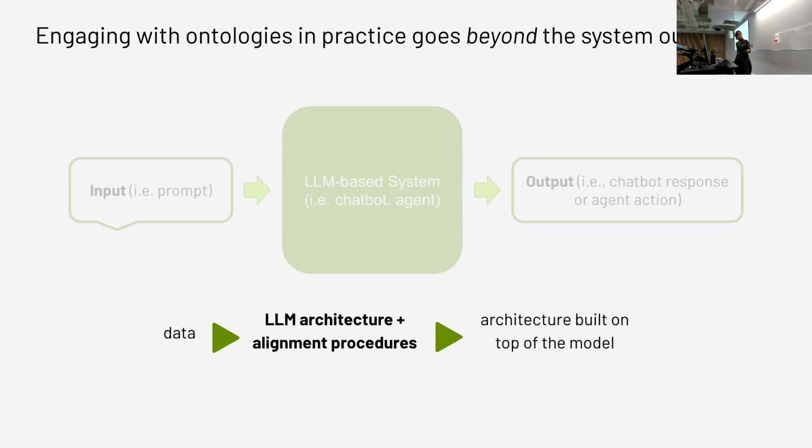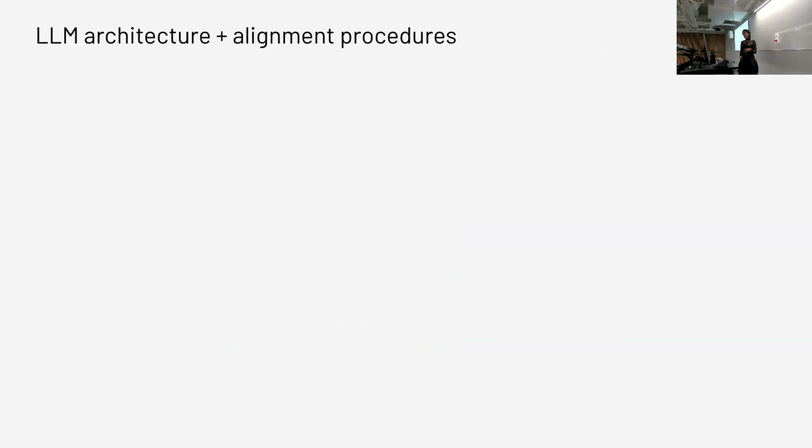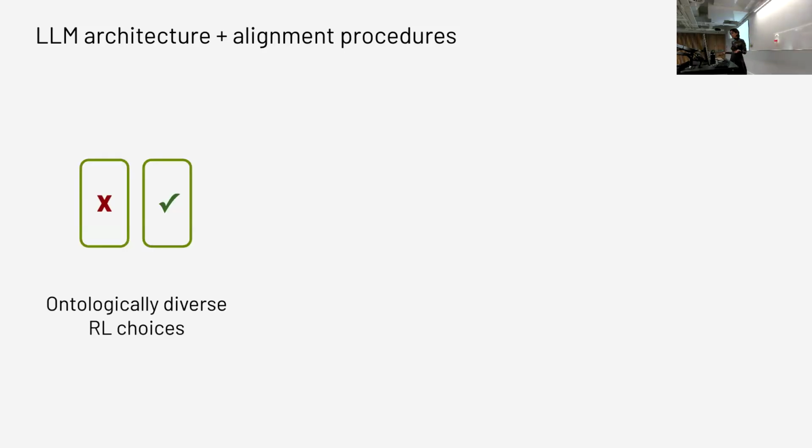And considering the LLM architecture and alignment procedures, I've shared a few examples of these, but first we might imagine how we might surface ontologically diverse responses through the architecture itself. Like I showed, it's really hard to surface ontologically diverse data. Typically, data is just minor aesthetic variations or semantic variation on a given output. It doesn't go ontologically diverse. And we don't actually have on the technical side a good way to do that. So I think it's really worth thinking about on a technical level.